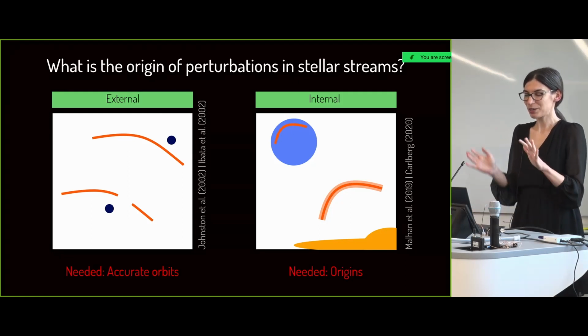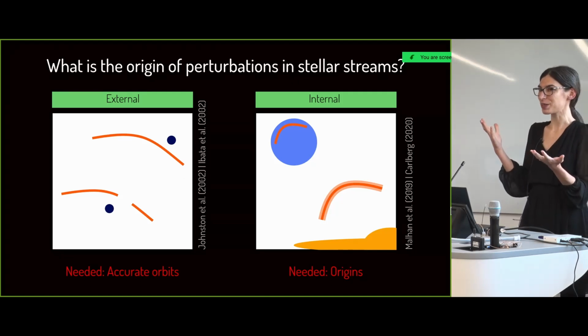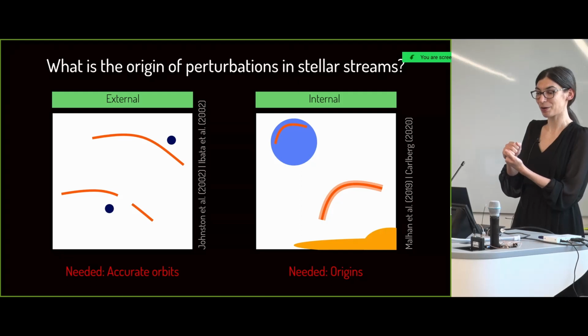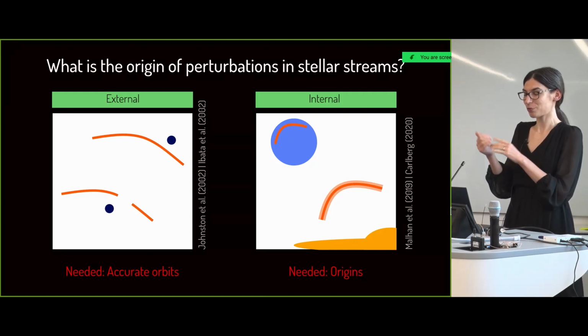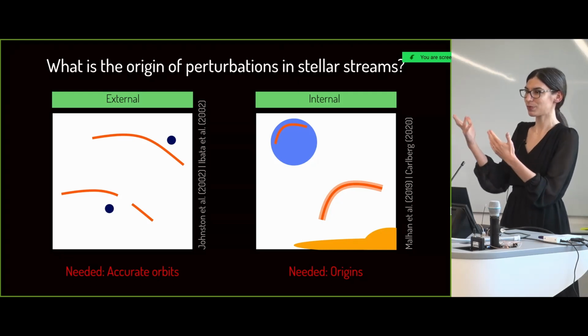And so to disentangle these options, what we'd really like to have is accurate orbits so that we can rewind objects back in time and also identify what their origins were, whether they were born in a dwarf galaxy or how long they have been in the Milky Way. And this is complicated by the fact that, because of all of these mergers, we don't expect the gravitational potential to be very simple.